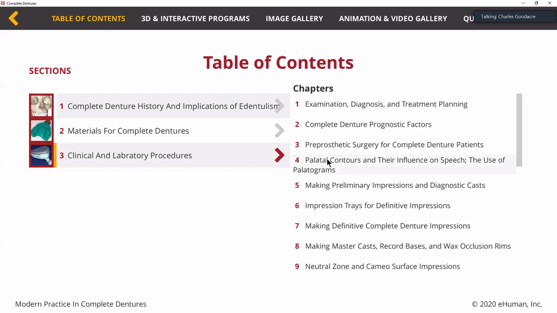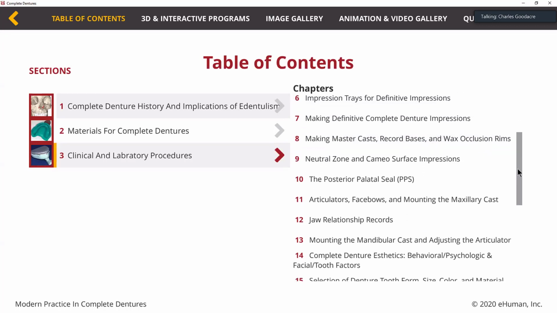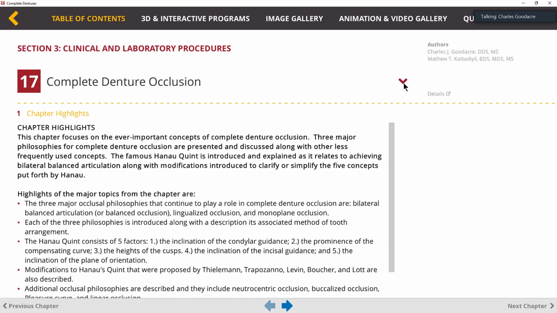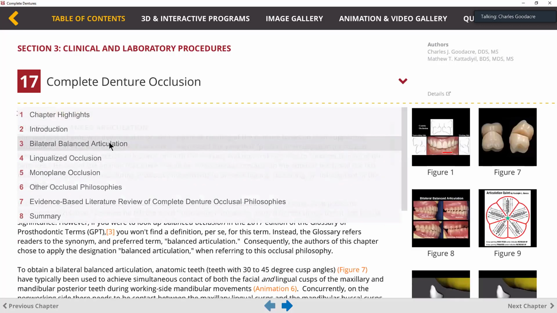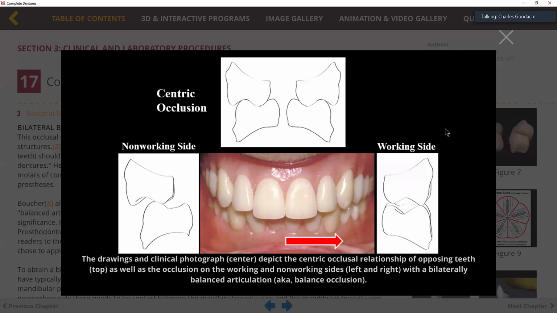Now, a lot of people, of course, occlusion interests people with complete dentures, but again, there's everything here that you would be wanting to know. So with complete denture occlusion, let's take a journey into that a little bit, because here we have bilateral balance, lingualized, monoplane, and then there's a series of other occlusal philosophies. So if you were wanting to study the bilateral balanced articulation, there would be some pictures, a picture of a patient with that type of a complete set of complete dentures, along with the drawings that would show the representation, what it looked like in centric occlusion, and what it would look like in working and non-working side